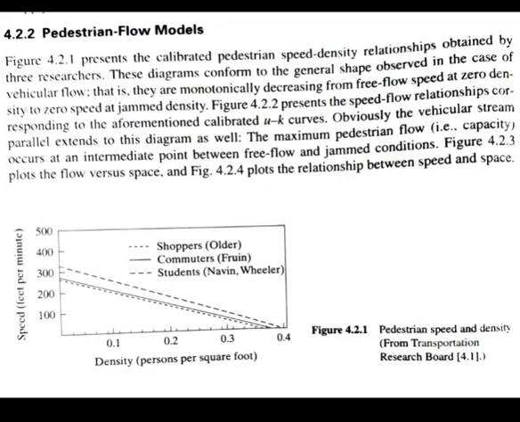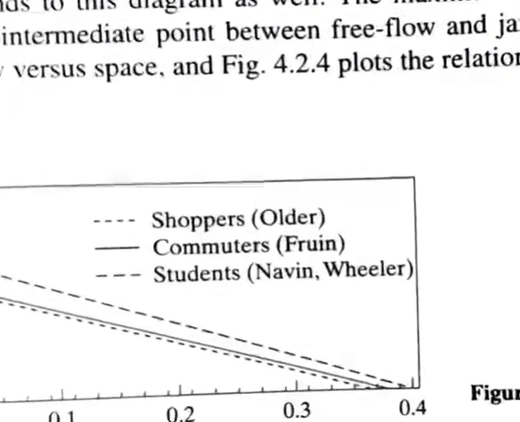Now the first figure, 4.2.1, presents the calibrated pedestrian speed-density relationships obtained by 3 different researchers, and this diagram conforms to the general shape observed in the case of vehicular flow. That is, they are monotonically decreasing from free flow speed at 0 density to 0 speed at the jammed density. So as you can see here,